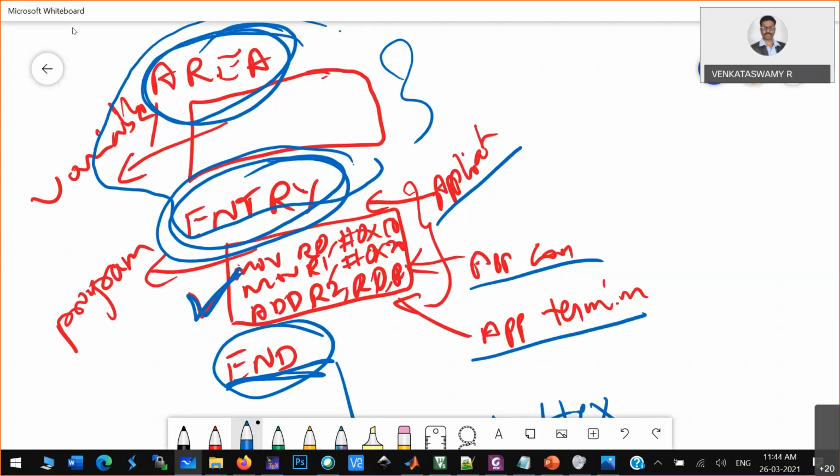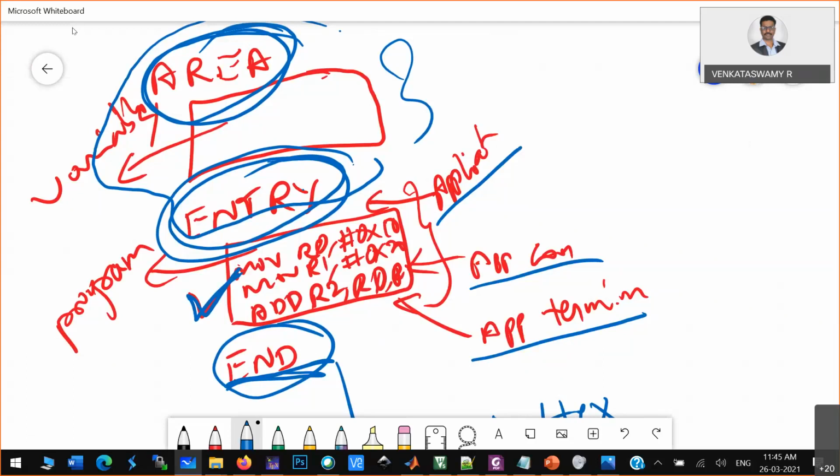So in addition to the programming model and the instruction syntax, you need to know the structure of the program as well in ARM. This is one additional thing. Whereas if you see the 8051 programming, we directly started. We have not followed any structure. Here we just have to follow some structure.